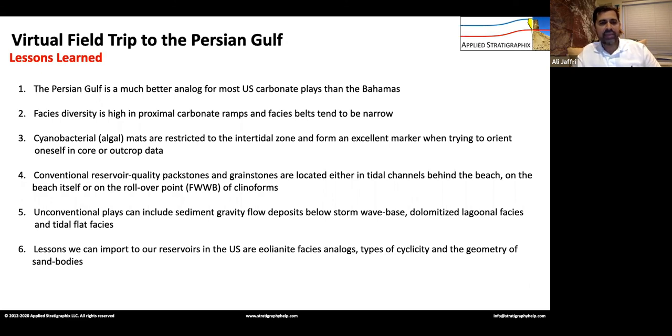Now, unconventional plays, they're definitely there too. The Saudis actually started working on some of these unconventional resource plays in the most distal part of carbonate ramps about 10 years ago. They were looking at sediment gravity flow, so things like debrites and turbidites in the distalmost part of these ramps. And a lot of stuff that you're looking at in the Eagle Ford,